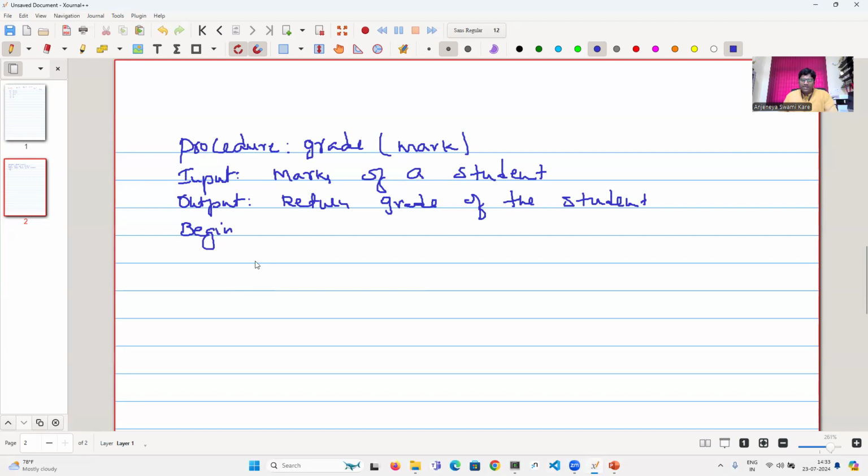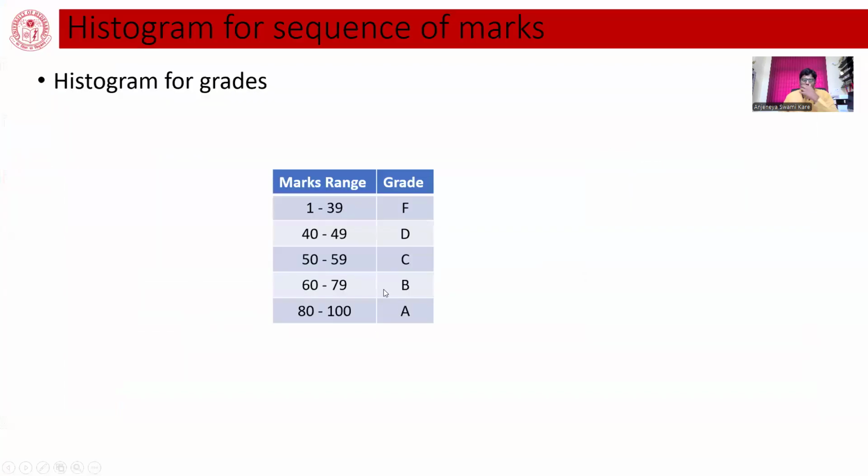Let us see the grading scheme. We can assume that the marks are valid, because whoever calls this procedure will read the marks and validate them. If the marks are valid, only then will he call this function. So the marks should be in the range 0 to